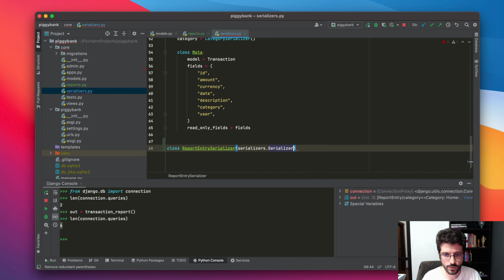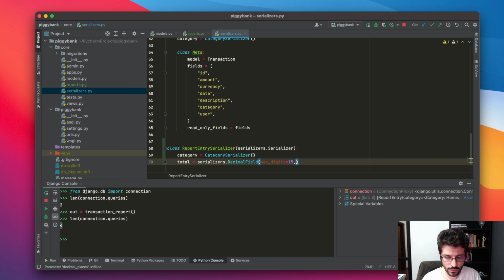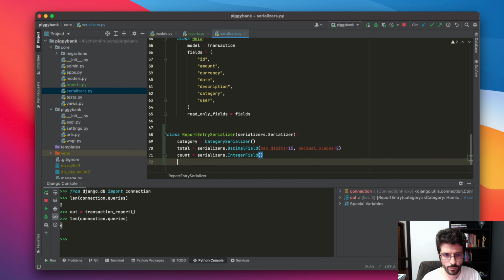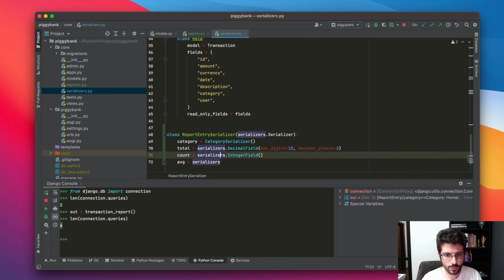Okay, and then on the category, it's going to be a category serializer, and then the total is going to be a serializer.DecimalField, and then we set the max digits being 15 and decimal places, and then count, integer field, and then the average is also a decimal field. Okay,